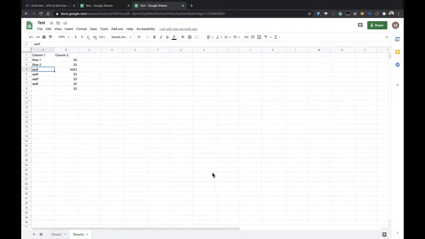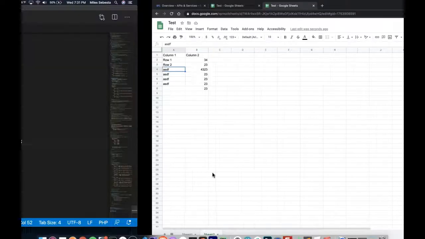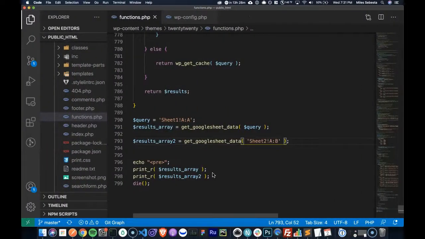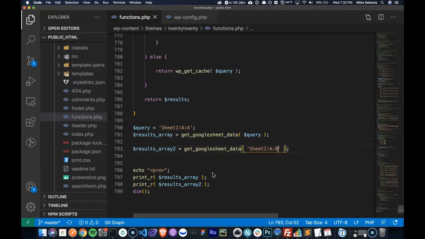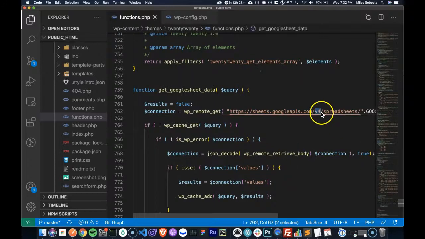All right, so I hope that you found this helpful. Go ahead and add it to your WordPress projects and see what you can do with the connection between a Google Sheet and WordPress. Don't be afraid to look at the Google Sheets API. They have the version 4, that's what we're running up here. They got a lot of really cool things that you can do with their API and their API requests, and just hack away and have some fun.